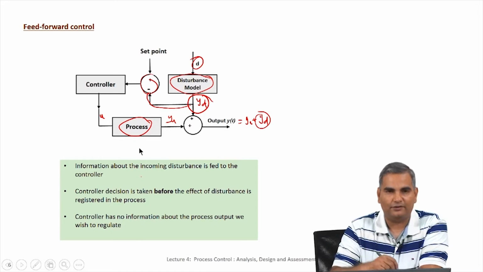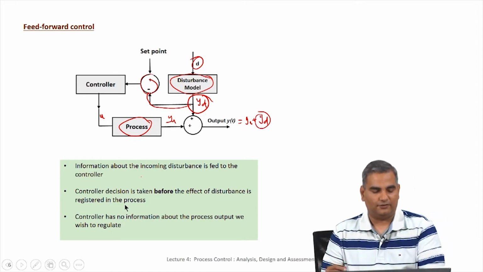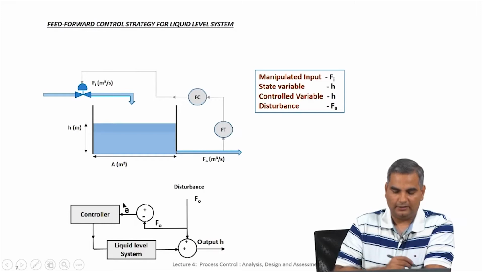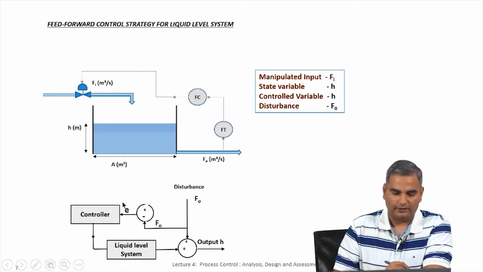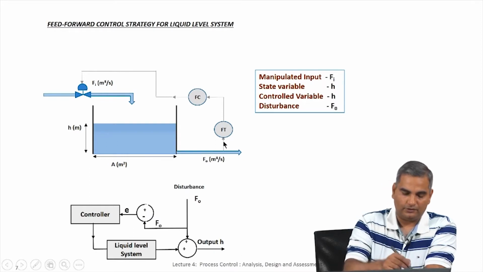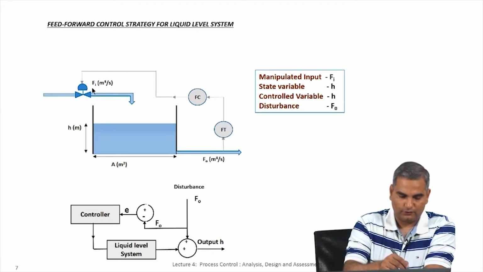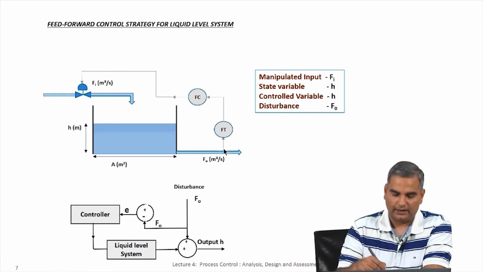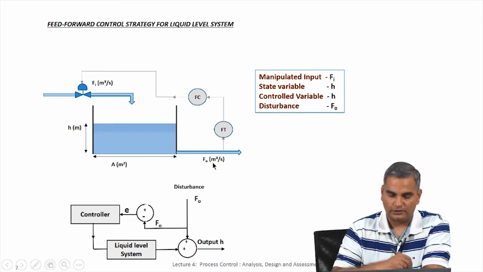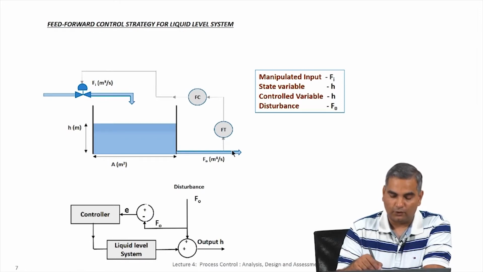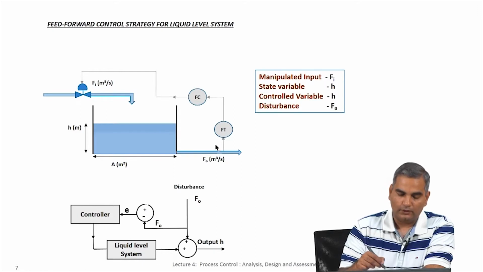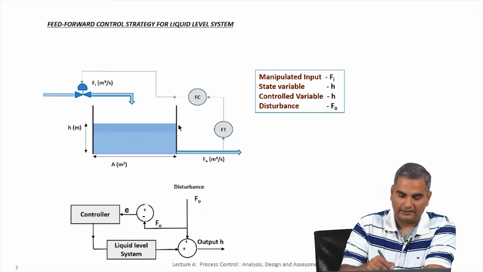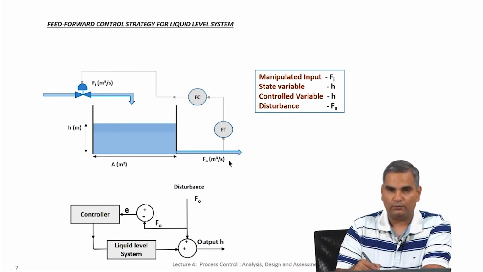So, a combination of feed forward and feedback can give you very effective control. Here is an example of feed forward control. Suppose the inlet flow is fixed at a particular flow rate, so you know this is not changing. If I am measuring the flow out, and because of fluctuations downstream the flow out decreases, you know that this height was at its steady state because F I and FO were the same.